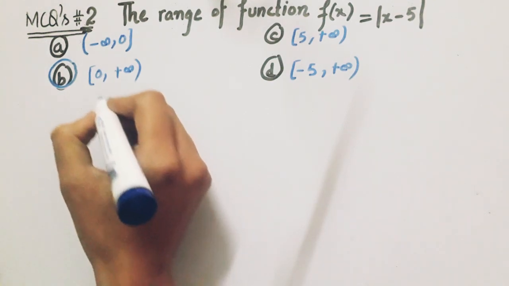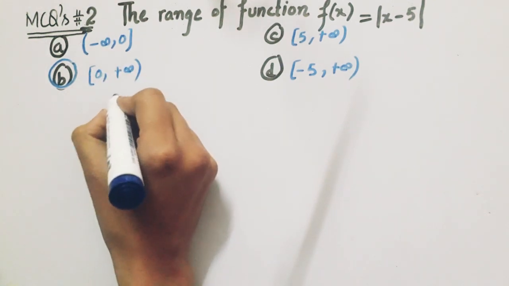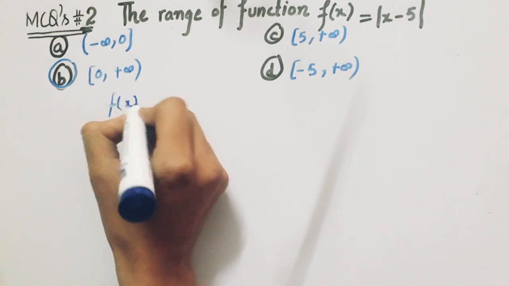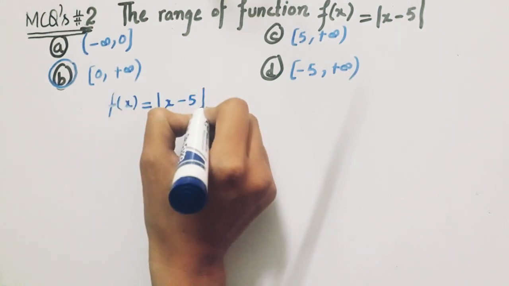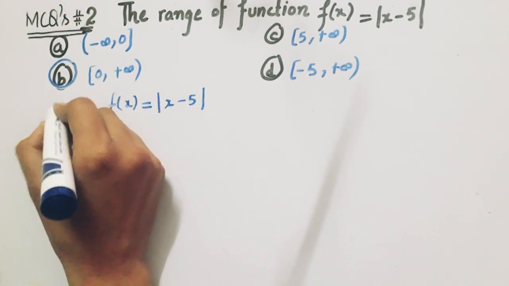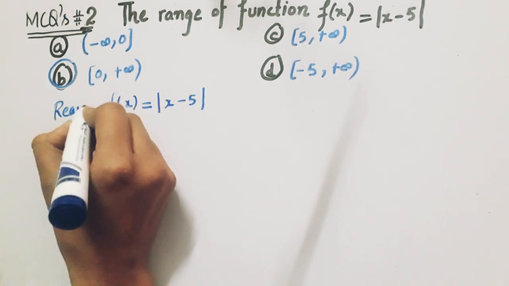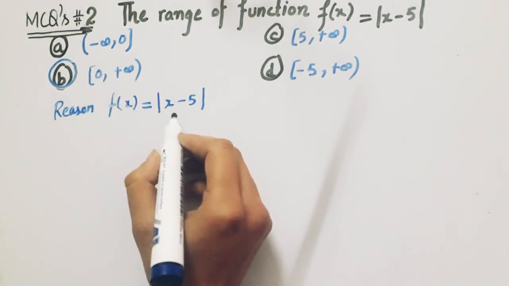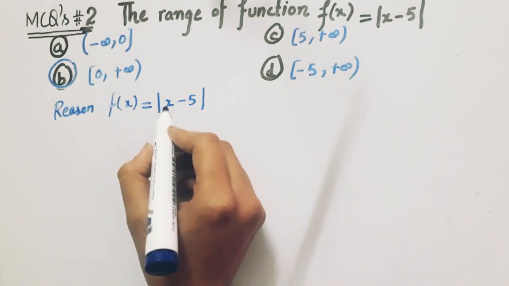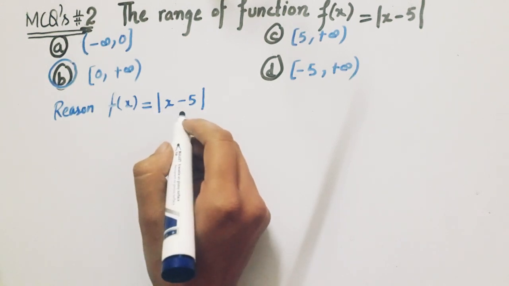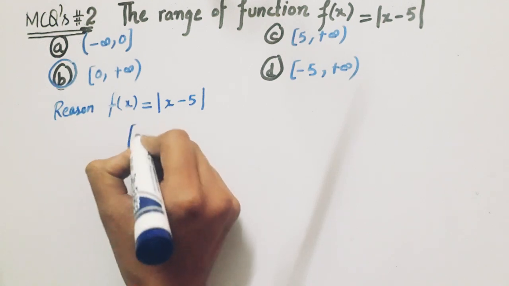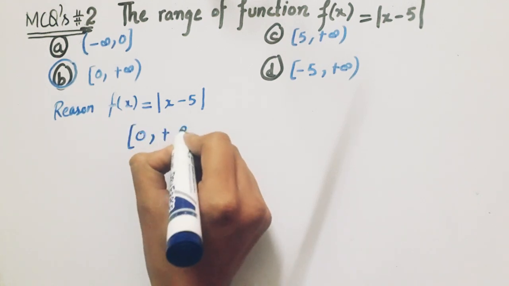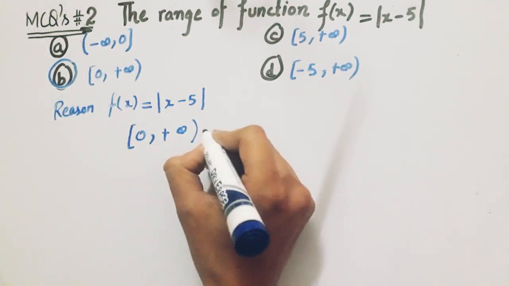We have the function f of x which is equal to the mod of x minus 5. And when we put x is equal to 5, this will become equal to 0. So its range will be from 0 to plus infinity,